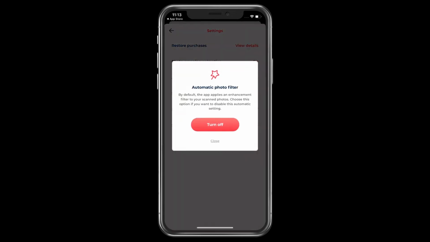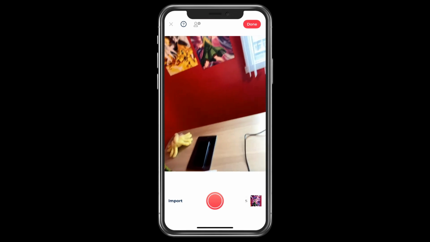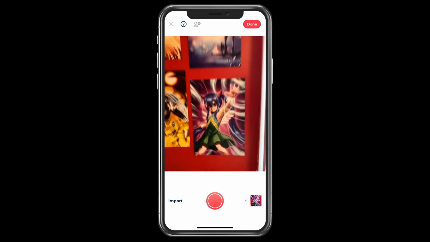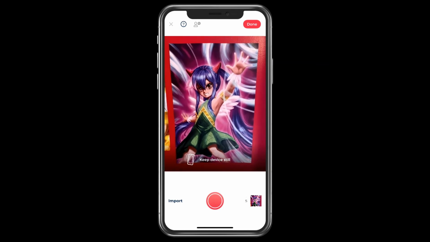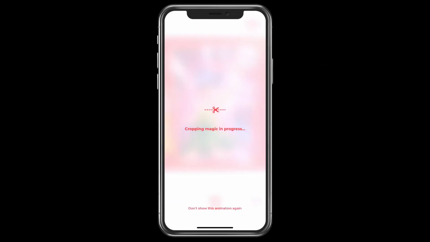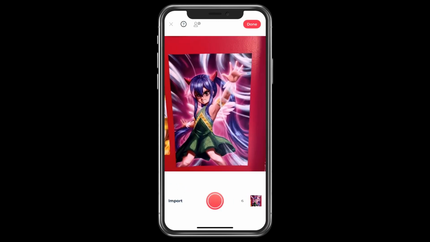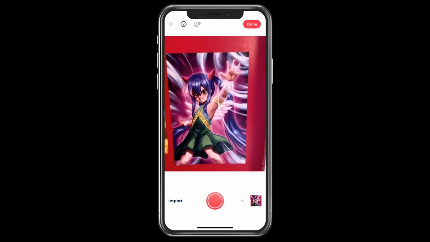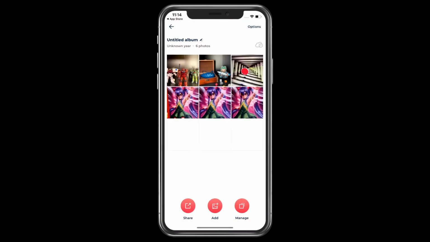But I will not. Actually, yes, I will. I want to see what it will do. So let's try with no filter applied, see what happens. And you can see it is scanning. And this time, no filter was applied. So that's a good thing. But by default, when you install this app, you will see that filters are applied